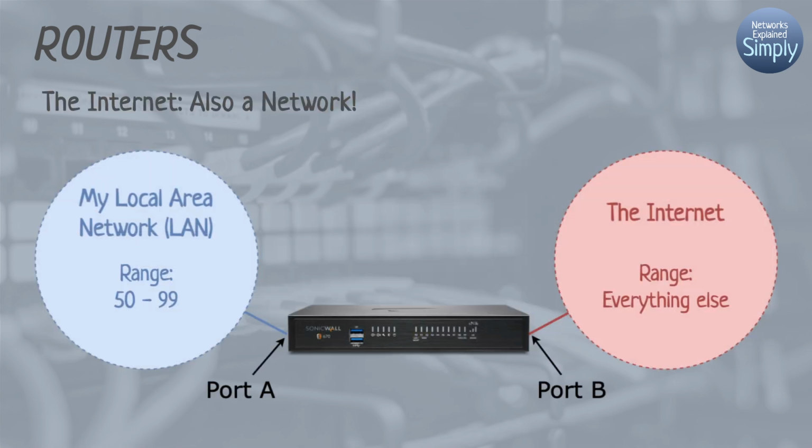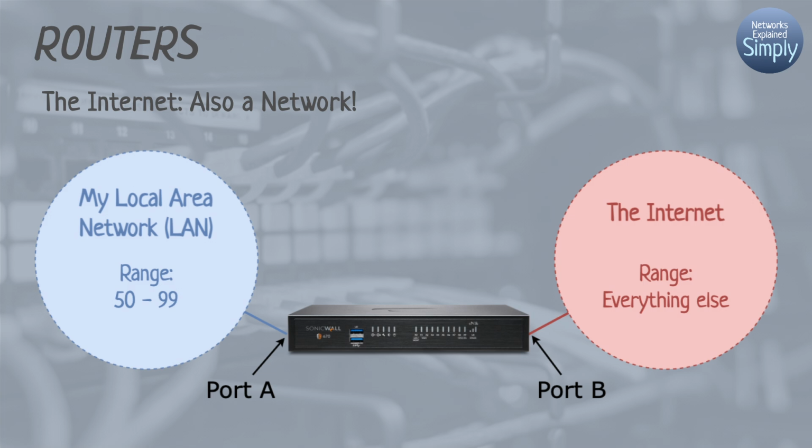Well, it's important to understand that the internet itself is also a network. Sure, it's a massively scaled network and it's beyond any one person's control, but fundamentally, it is still just a network. So it follows the same rules and has the same requirements as any other. So this means that even with the most basic router set up only for internet access, your router is still connecting two separate networks, just like we've discussed here. One is your local area network, or LAN,